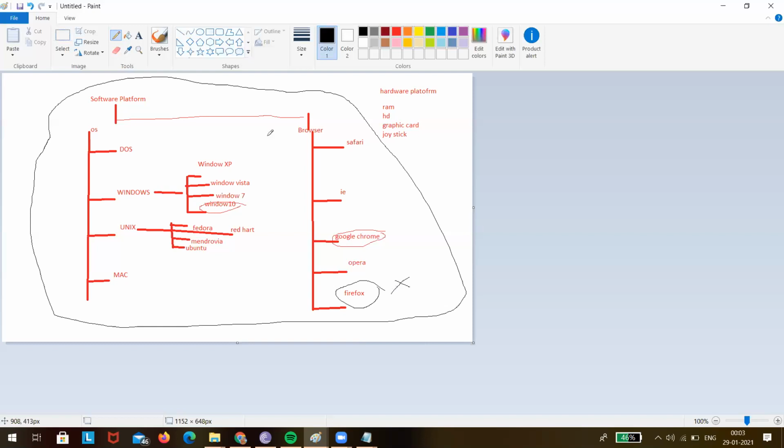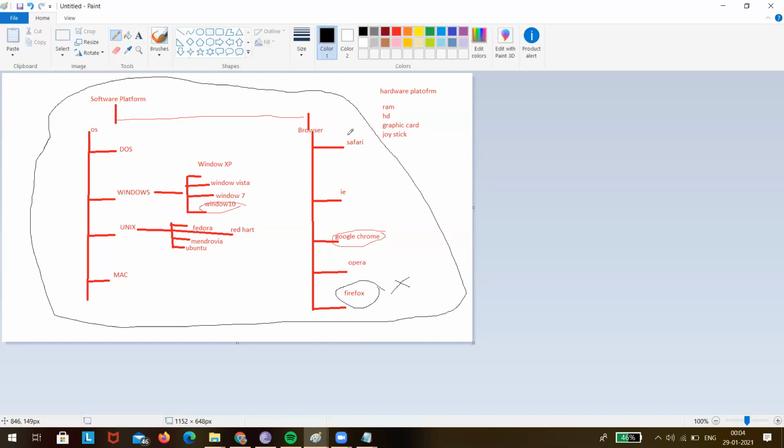See, Windows XP and Google Chrome has 32 versions. Now Windows Vista, again 32 versions. Windows 7 again 32, Windows 10 again 32. This is only for Google Chrome. Again, if I take Unix, again all these versions of Firefox, and then all these versions of Unix, and then again this with IE, this with Safari. Like that, our testing will never ever be completed. Are you able to understand what I'm telling?